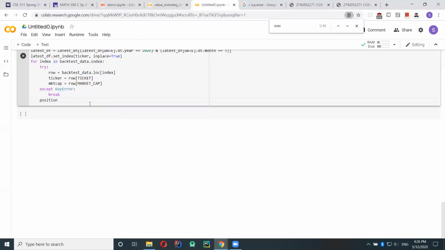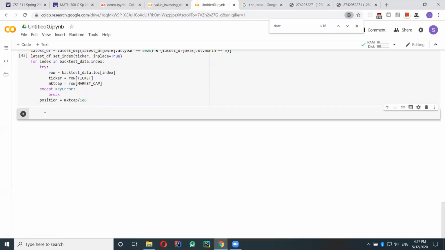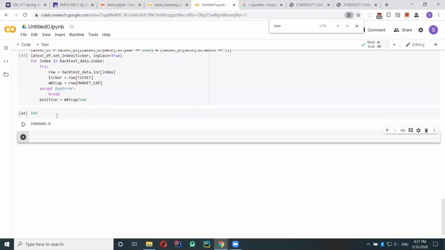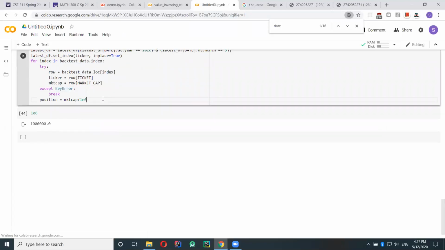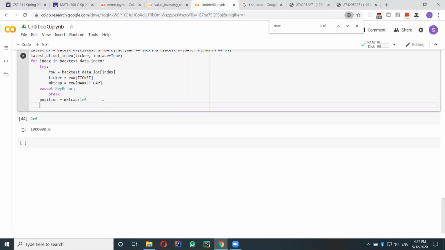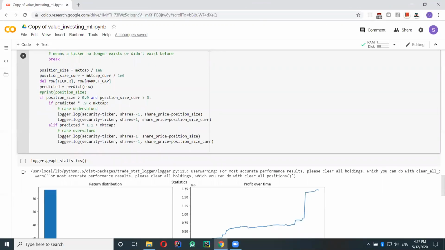So what we're going to do is buy one one-millionth of the market cap of a company. In Python you can write 1e6, which is scientific notation, 1 times 10 to the 6. Now we want to get the